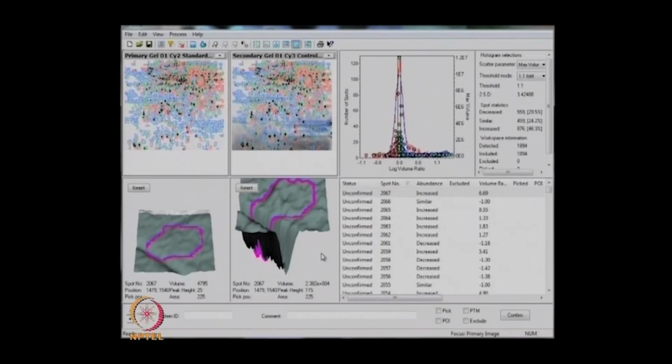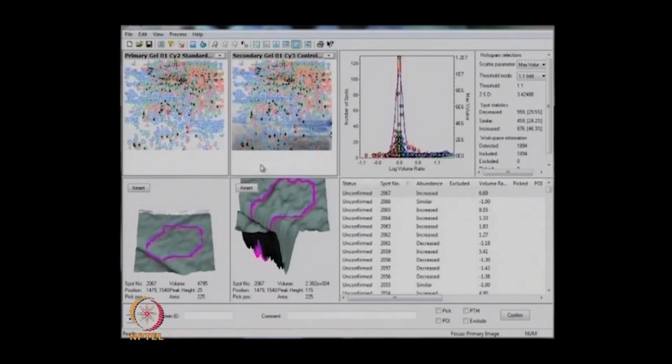That means there are 3 channels, Cy2, Cy3, Cy5. Out of these 3 channels, in the Cy2 image it creates a particular volume, and the same area can be applicable for the remaining 2 gels also. This is the way it works. In this way quantitative and qualitative results are much more accurate than with a single detection. In DIA, each image is co-detected with its internal control, producing 2 image pairs. The ratio of standard sample is calculated for each protein in